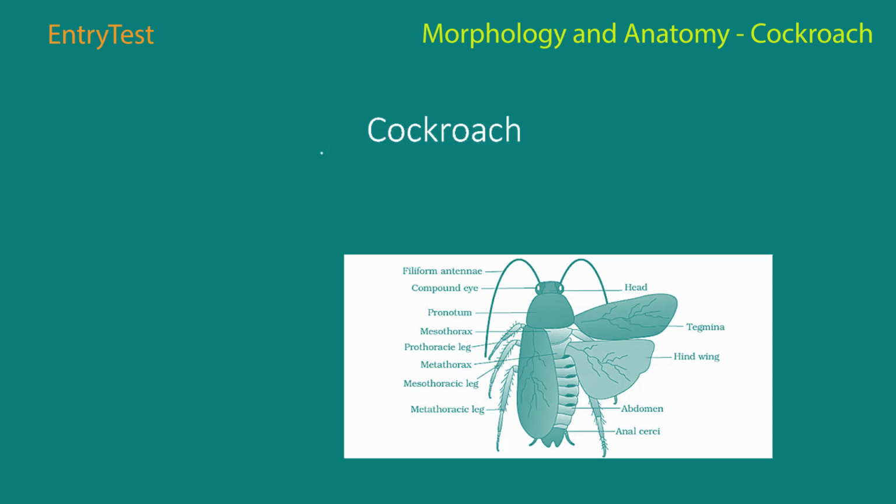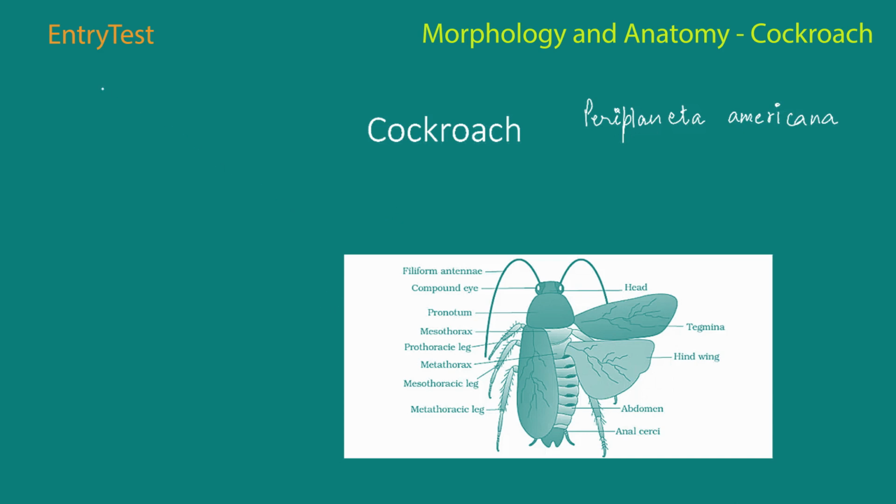Now, the adults of the common species of cockroach that we are going to discuss, that species is known as Periplaneta americana. So let me put it down over here. That is the scientific name. And it's a universal, omnipresent insect that is found everywhere. It's about 35 to 55 millimeters long, and the wings extend beyond the tip of the abdomen.